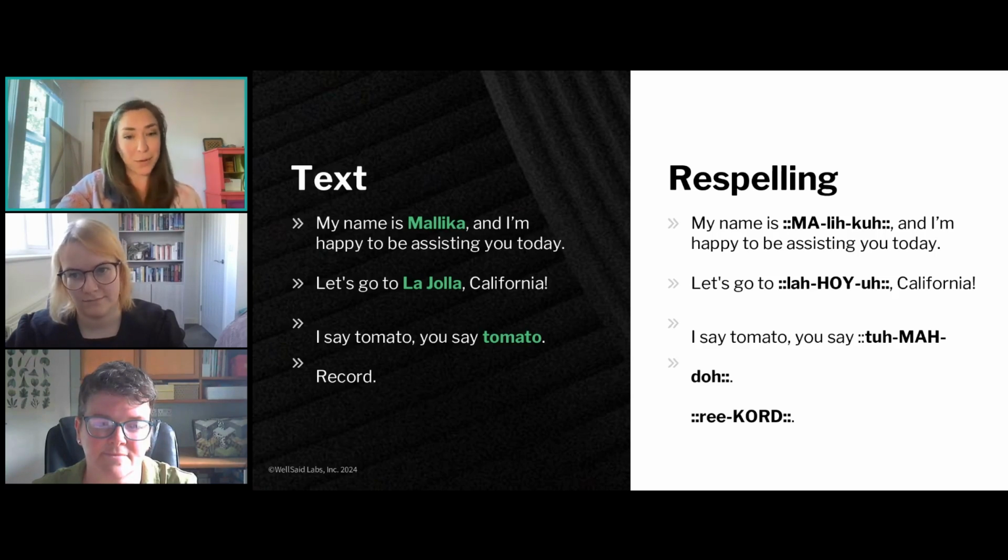That's not actually how her name should be pronounced. And so with our tool, very simply, you can type exactly the consonant, vowel, and syllable that you expect, and we can get her name pronounced correctly.